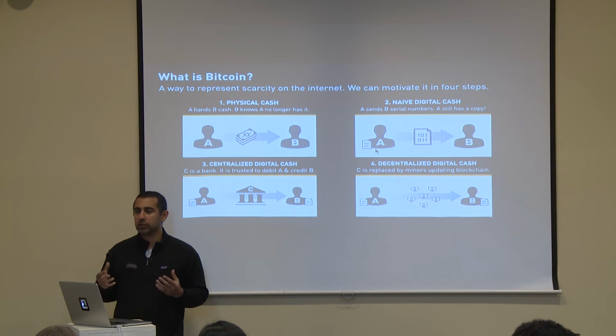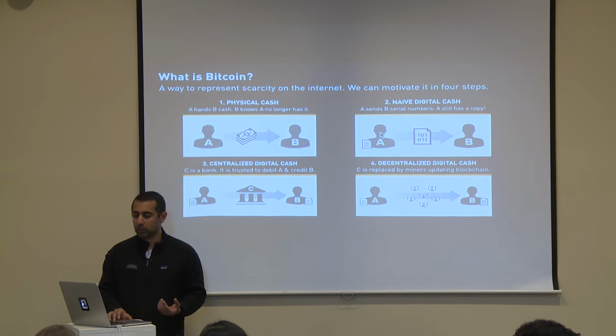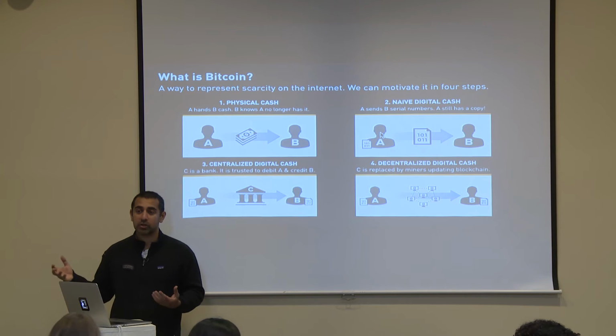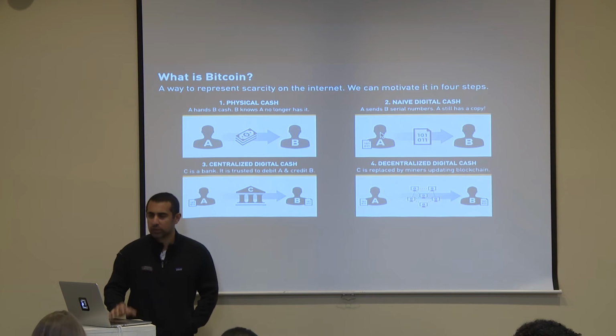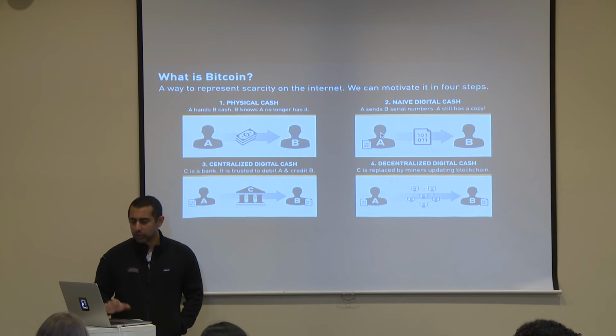So that is a fundamental issue with the so-called double spend problem: you need some way to have scarcity in the digital realm for people to be able to send cash, right? Is that clear? Okay. So the way that we currently handle this and avoid double spends is we have effectively these centralized actors,